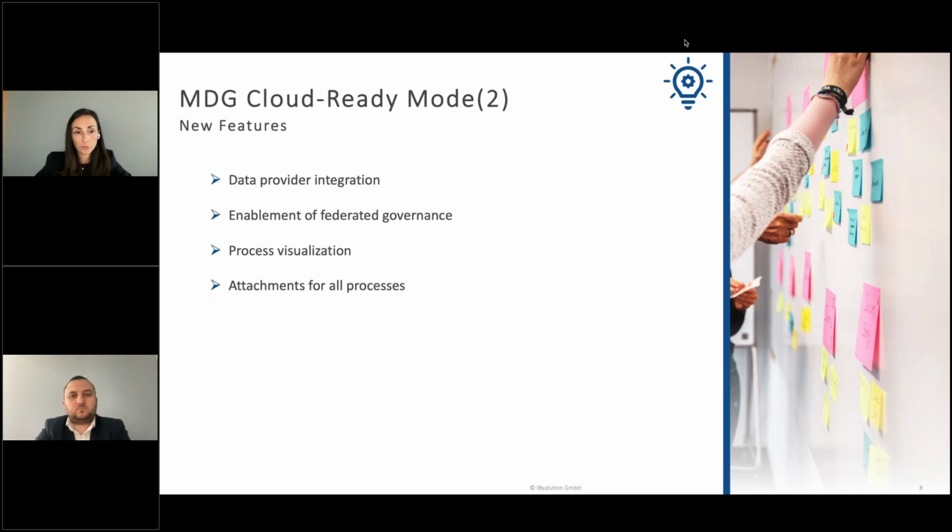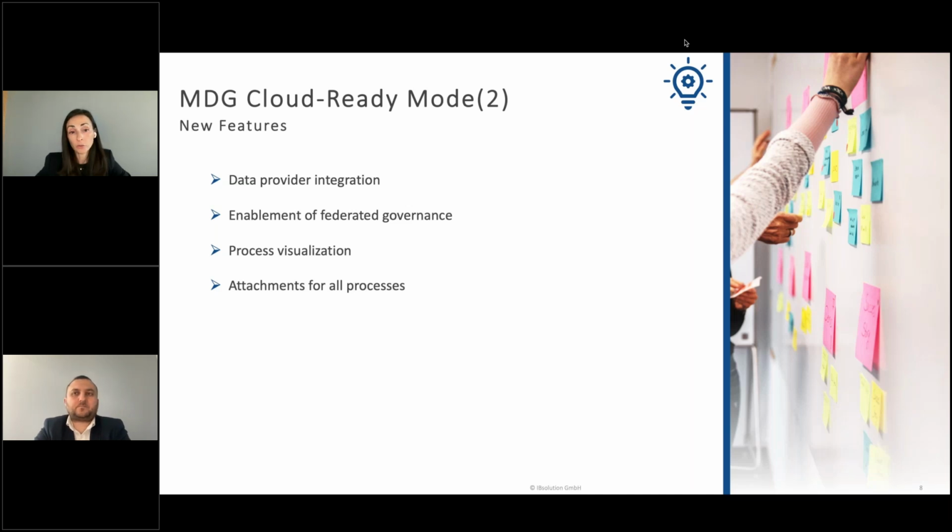Some of the interesting new features that we would also show you today is the data provider integration. Maybe the most well-known is CDQ, a functionality which allows business partner basic data enrichment. It's very easy to integrate this feature in Cloud Ready with just a few simple configuration steps, because it comes together with the 2023 release.